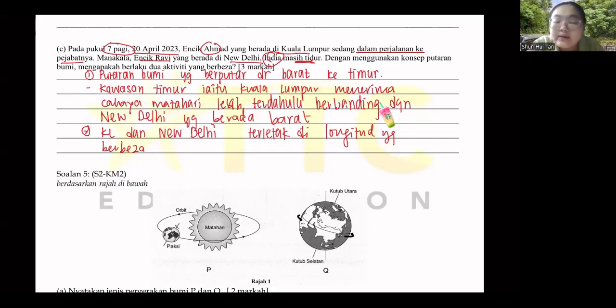Okay, perbezaan waktu means they turn from barat ke timur, causes kawasan timur menerima cahaya matahari lebih terdahulu. Right? Normally, we got to explain this. And most of the people, they are,